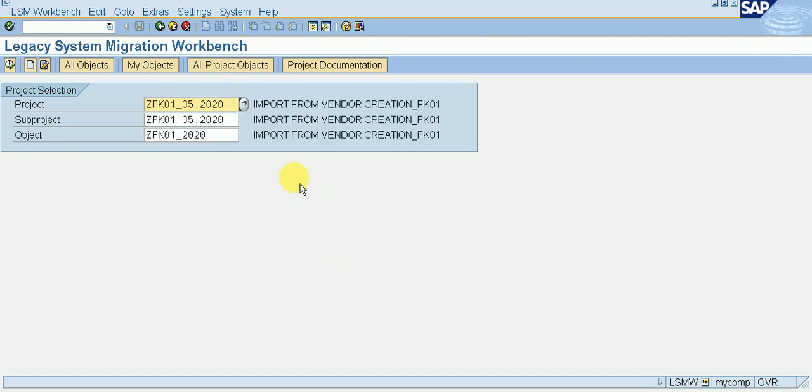Enter. So we can see I created my project, sub-project and object name, and then execute it.